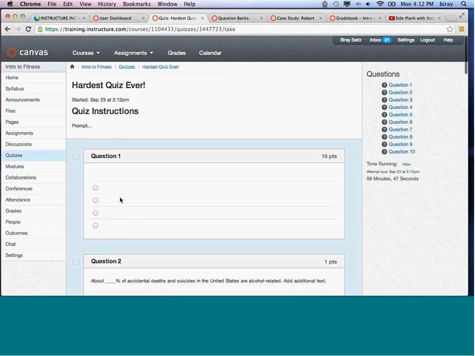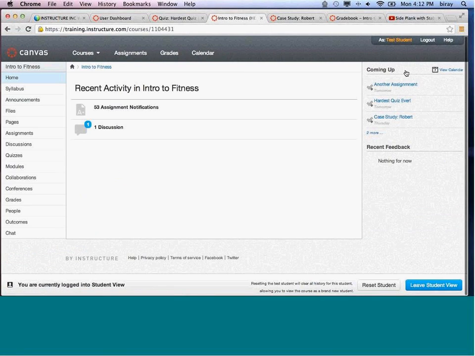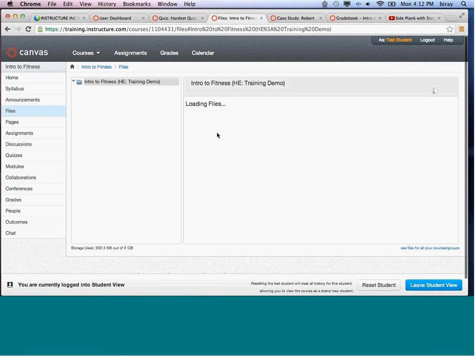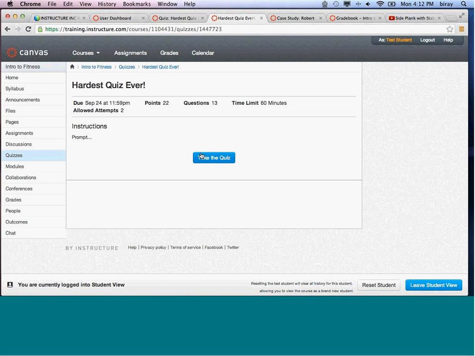Sure. If you want to preview anything in the course, regardless of whether you want to preview as a student or as an instructor, with Quiz you can preview like this as an instructor. But if you actually wanted to preview your course as a student, under course settings on the left-hand side, there's a button called Student View. Click on Student View, and then you can go in as a test student and go to your files and see that some of the files are hidden and locked. Your quizzes, and go into one of your quizzes and take the quiz from a